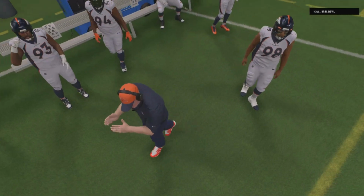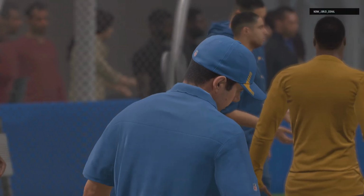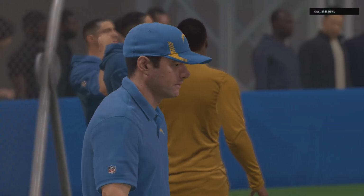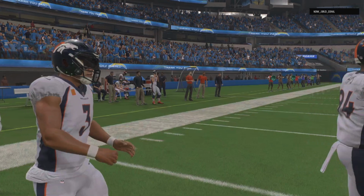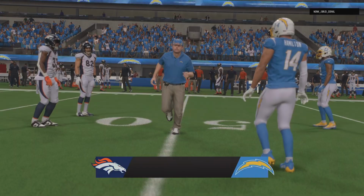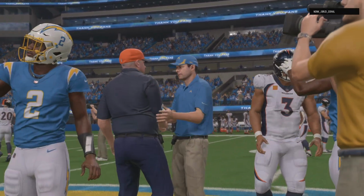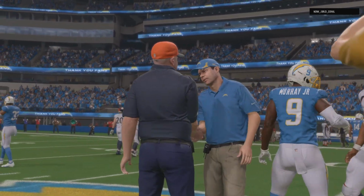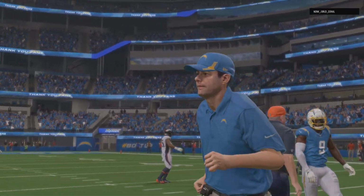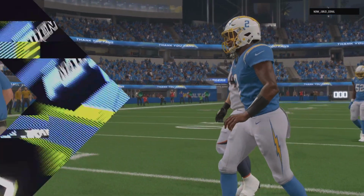So this one will wind up a Denver victory, and it was a bit of a strange game. They were held scoreless through the entire 2nd half, but their 1st half output is enough to carry them to victory. And that's an odd game to watch, isn't it? Because when we saw the output in the 1st half, you think to yourself, okay, they've got something working here. They know what they're doing. They'll continue that along. But instead, it's goose eggs in the 2nd half. Fortunately, enough of a cushion and enough defense to